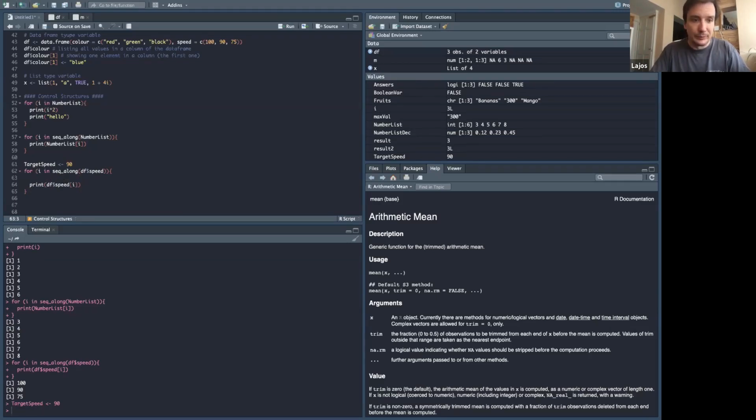And we are using the if, and if is exactly the same as you would do it in real life. If my value is equal to something else, I will do something. If my df speed i, because we are now checking all the elements, so the first, the second, and the third element will be checked as well, you have to use double equal. I will tell you why soon. If it is equal to target speed, then